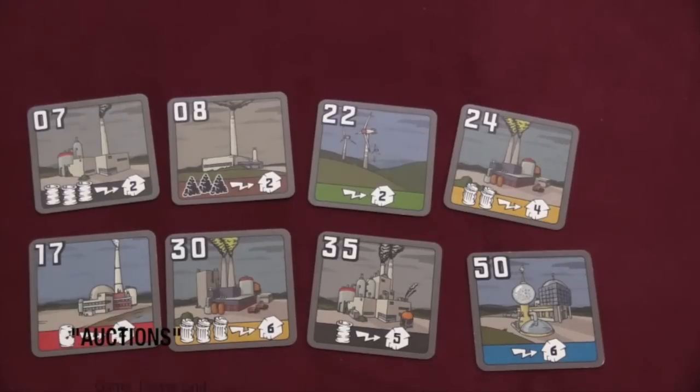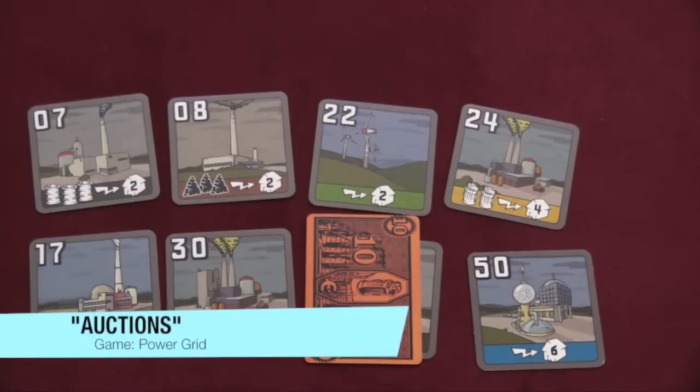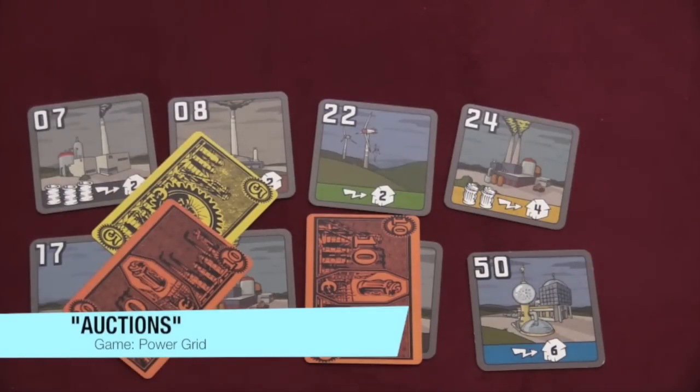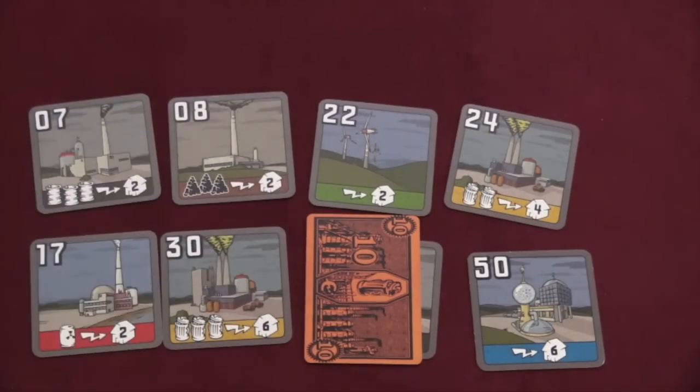There are many different types of auctions in games. Sometimes we have what are called open-ended auctions, where people are just trying to outbid one another by spending money. You go around and around until one person wins. There are auctions called once around, where each person only gets one chance to bid, and if you don't bid high enough, you're out of the auction.